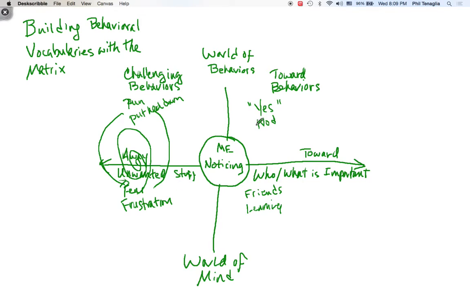And now we're going to come over here and start talking a little bit about, well, gee, what do you think you might be able to do to keep moving toward what's important to you over here, like your friends and learning? Once we start doing that, we get a little bit of a pause here. And what may show up is a little bit of reflecting inside the student. Then that might lead to them coming up with a thought: I could, and then fill in the blank. They might say, well, I could say hi. So let's say they take that thought out of the realm of the mind and put it up here in behaviors, and they say hi.